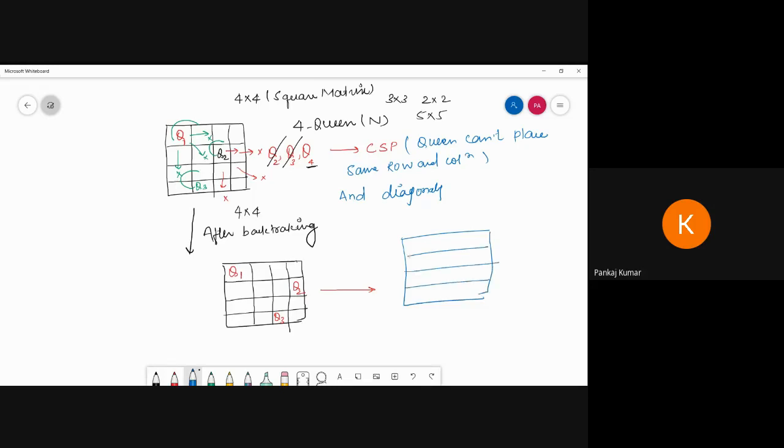Again I'm going to draw the backtrack. So these are the same things we are going to write in the coding. I can place q1 here, then q2 here, then we have to place q3 here. Now see, here we can place q4. So this is your final position of the queens due to the backtracking.